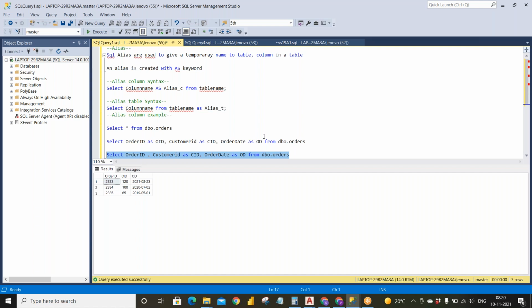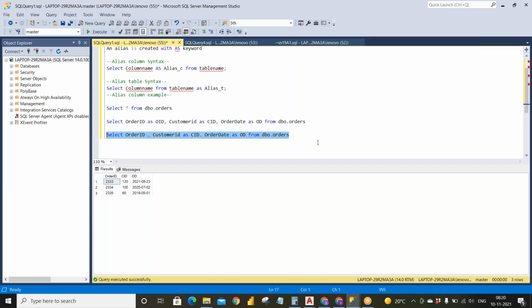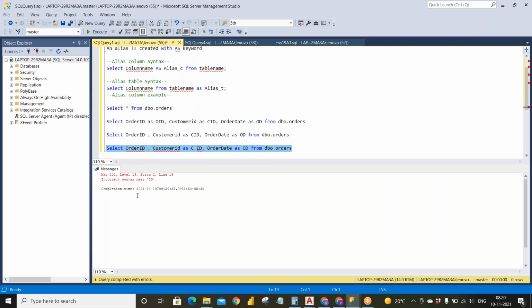One more thing I want to mention is, suppose you want to give an alias name which contains spaces. Here I want to give C space ID as the alias name, but it won't take it as it is. It will give a syntax error.